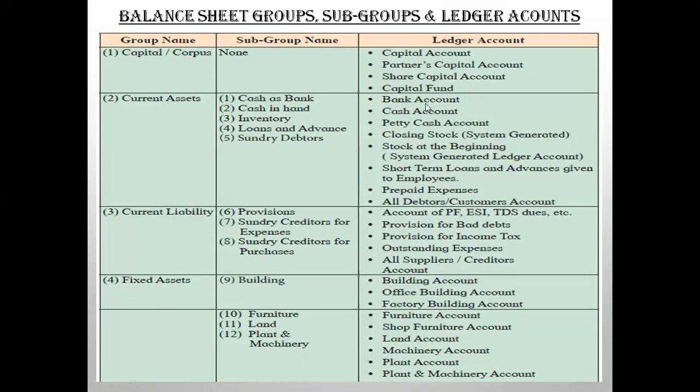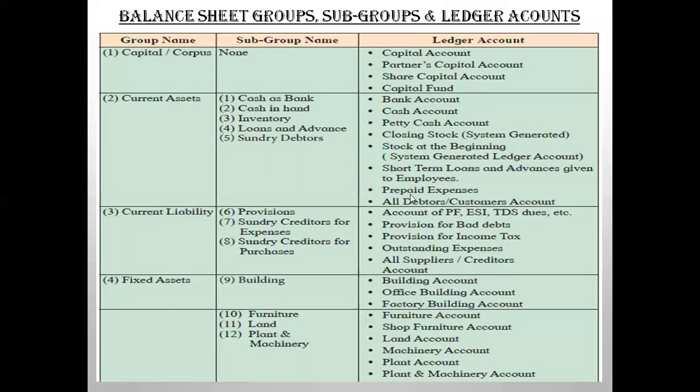So whenever you say a bank account, say SBI Bank or Corporation Bank account or Dena Bank, all the banks' accounts will be created under the bank account heading. The cash, liquid cash, what your company's financial account shows, that cash account will be classified under cash in hand. The petty cash also will be under cash in hand. Closing stock or the opening stock will come under stock.